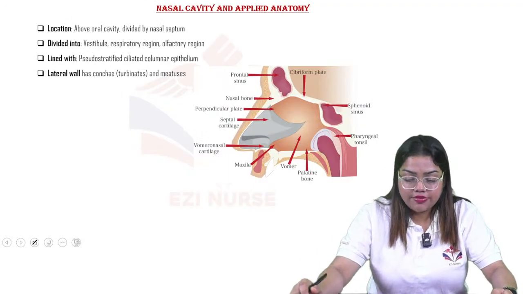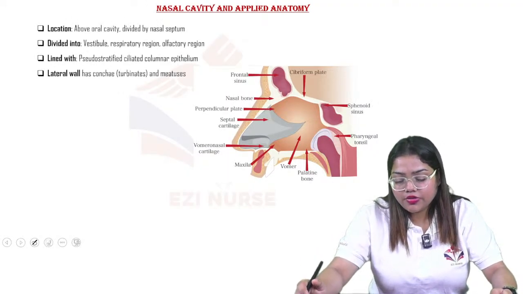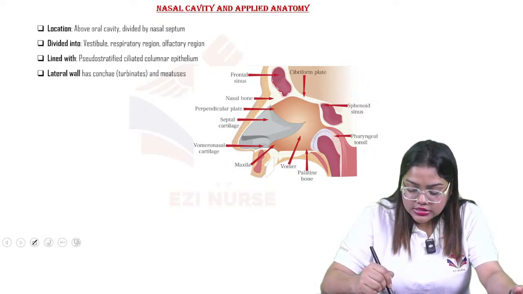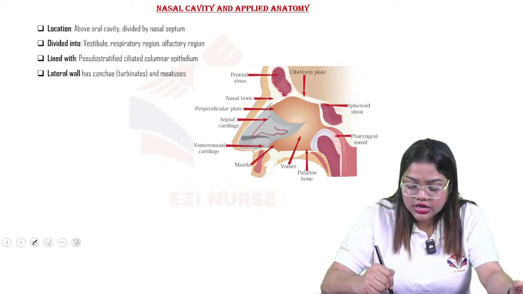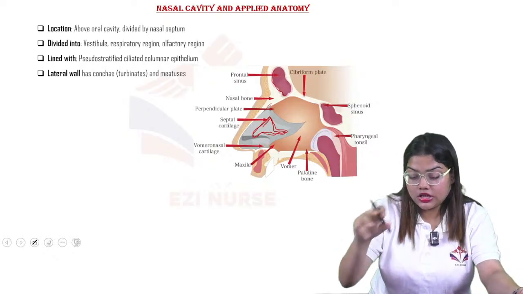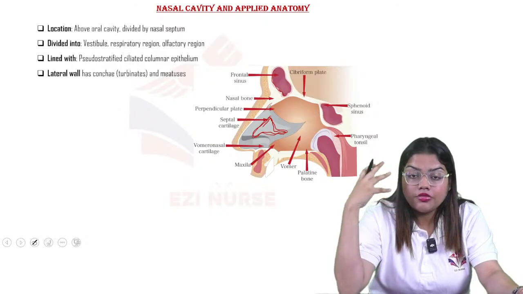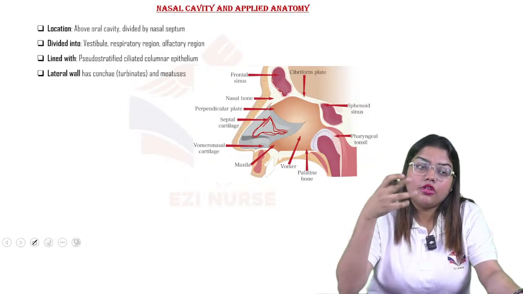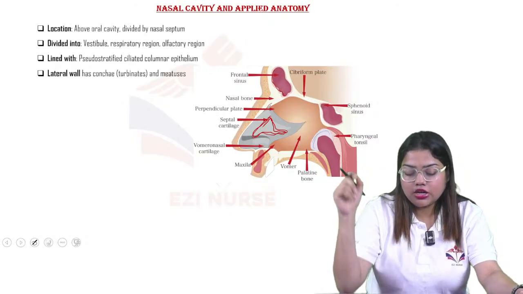Then we have the nasal cavity. In the nasal cavity, at the front we have the frontal sinus. This is the nasal bone. This is the septal cartilage. Sometimes people with a broken nose have to go for surgery, or people who have deformed septal cartilage can have different types of breathing difficulty, so they have to go